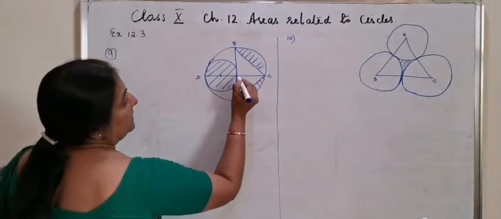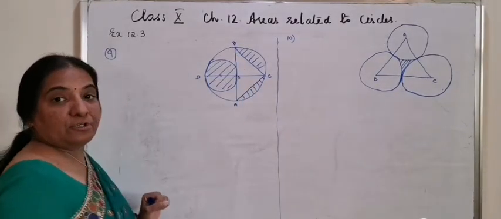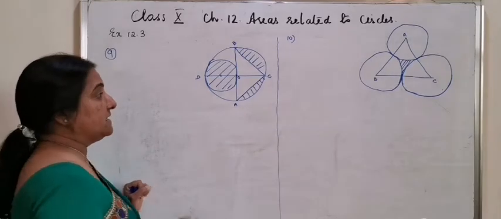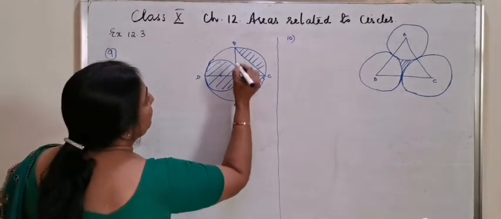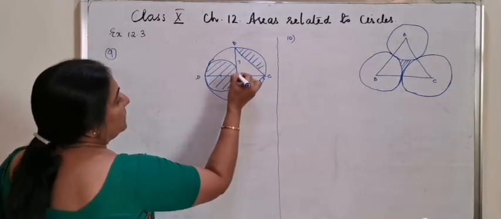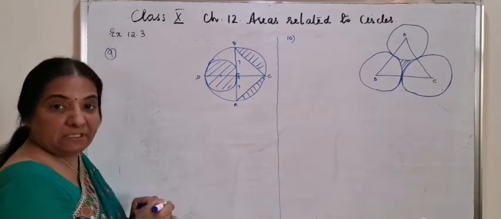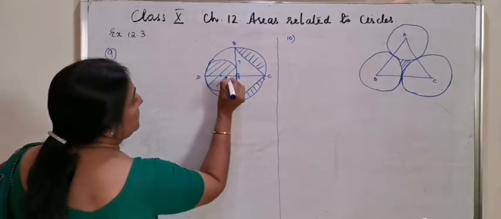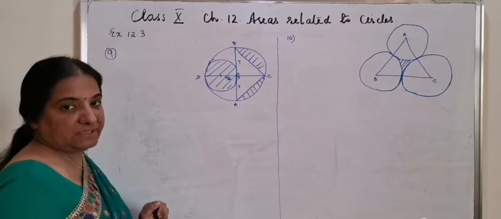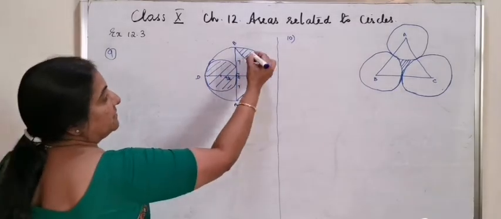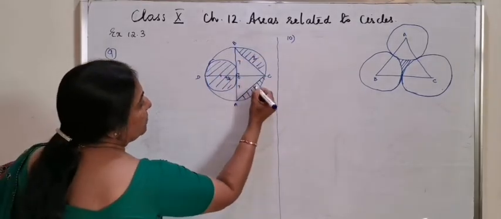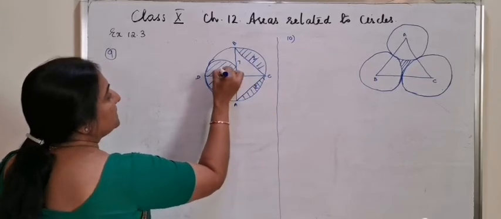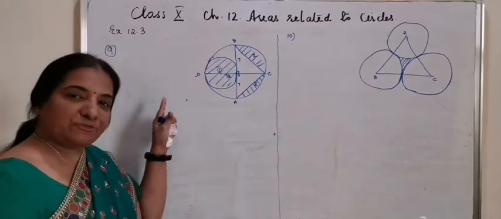That means the radius of the outer circle, when you see, is 7 centimeter. And now the diameters are perpendicular, so the radius of the smaller circle is 7 by 2 centimeter. Area of shaded region, let's mark it as 1, 2 and 3. Area of shaded region